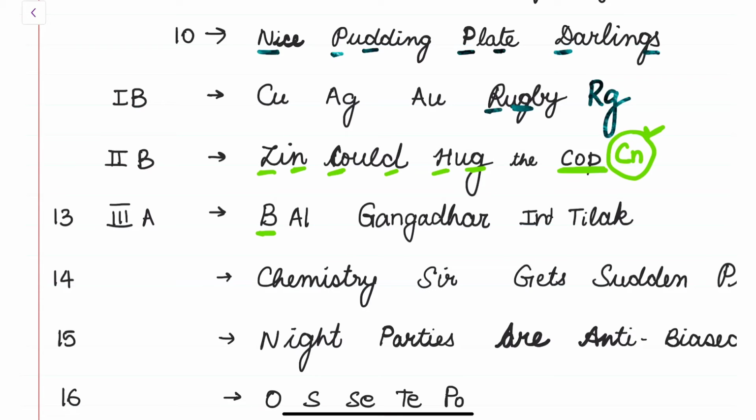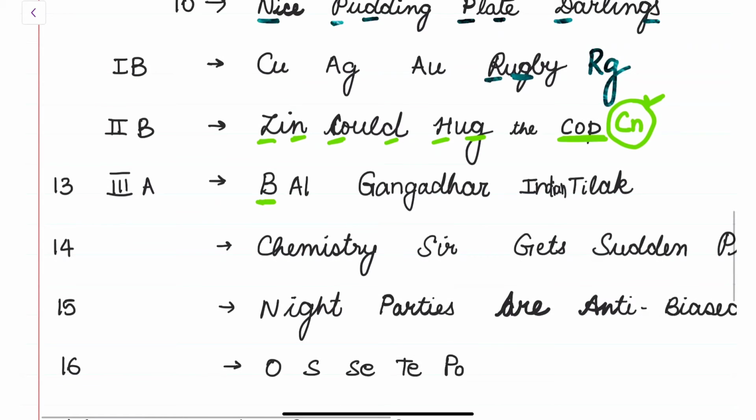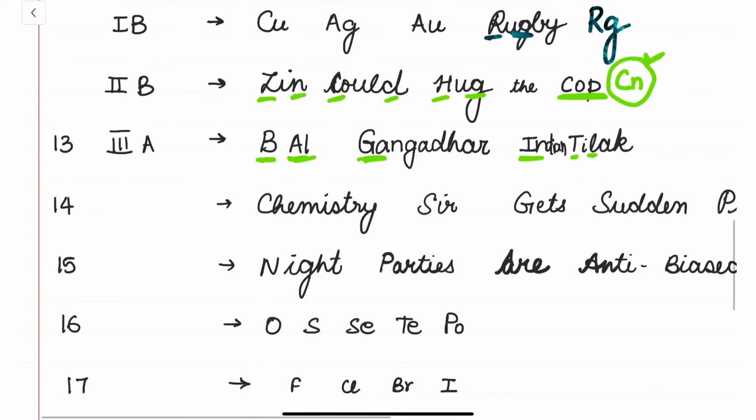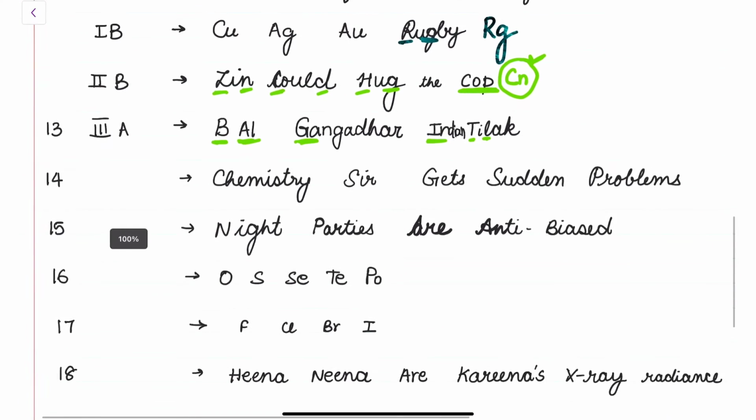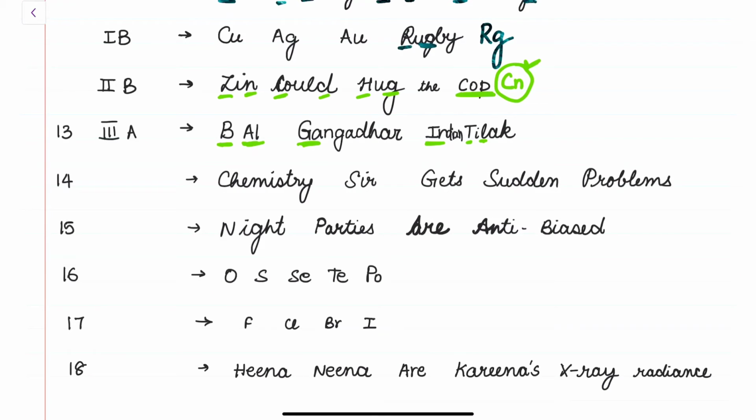So this is basically Indian. Alright. So Bal Gangadhar Indian Tilak. So we know he's a very famous freedom fighter. So boron, aluminium, gallium, indium, and thallium. Alright. So coming to the 14th group of elements, which is chemistry sir gets sudden problems. So it is for carbon, C for carbon, and this is for silicon, so Si, and gets, so germanium, and